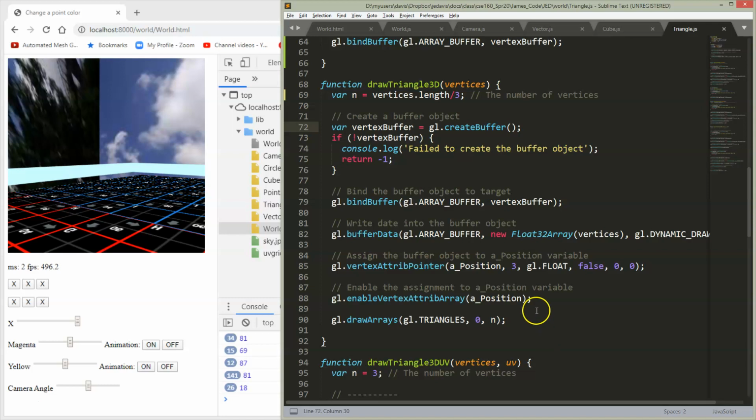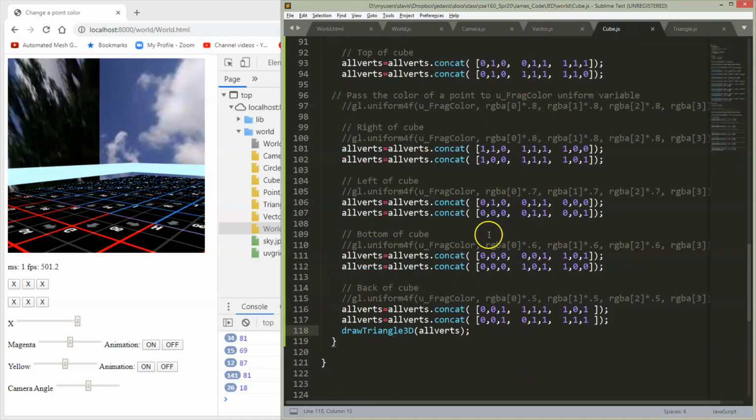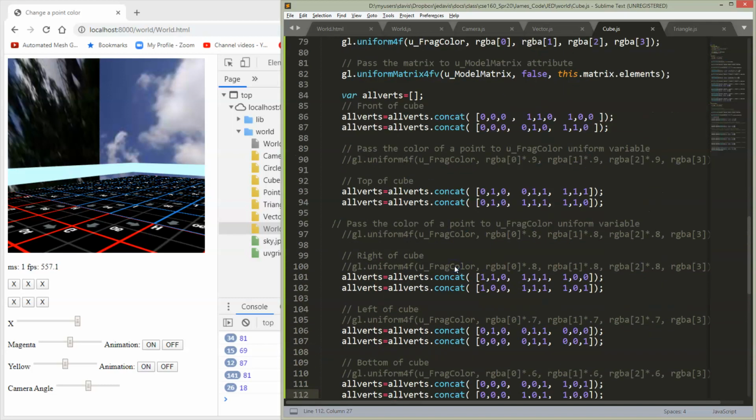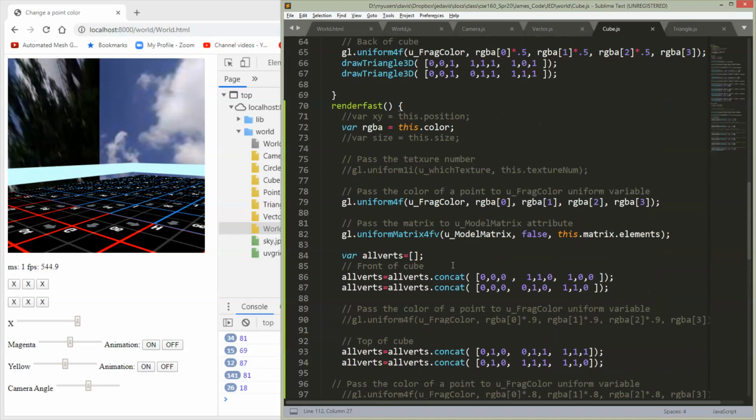It's going to draw the whole list of triangles that we've stuffed into our buffer. So I can call this with all of the vertices. This should give me a speed up of 12 on drawing my cubes. And as I usually do, I didn't go change my render function. I made myself a new render fast function so that I could easily tell what's going on. So let's go take a look